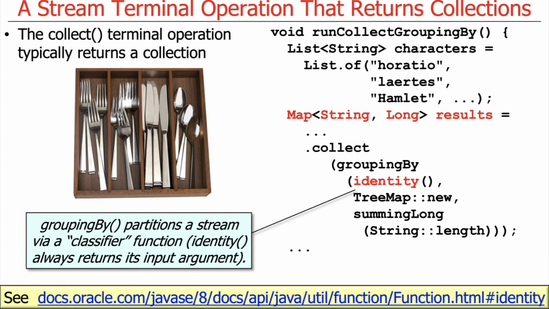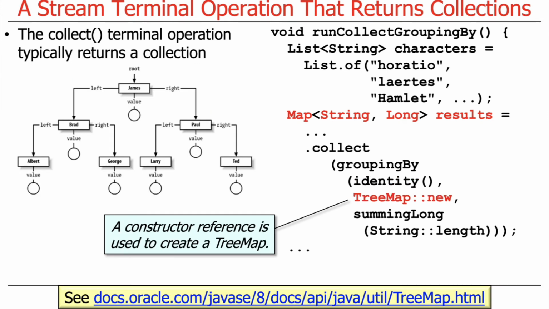And I like to think about this role as kind of like the little desk organizer you use for silverware, where you put forks in one partition, spoons in another partition, knives in another partition, maybe different size forks in yet another partition, and so on and so forth. So as you can see in this particular case, we partition the input based on the identity of the key. TreeMap is just the particular type of map we want to use,